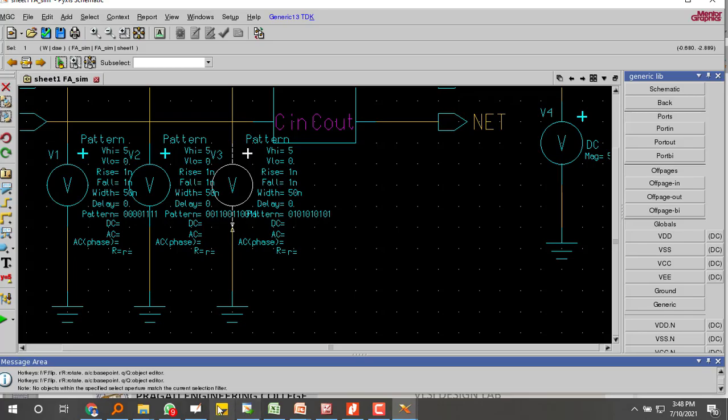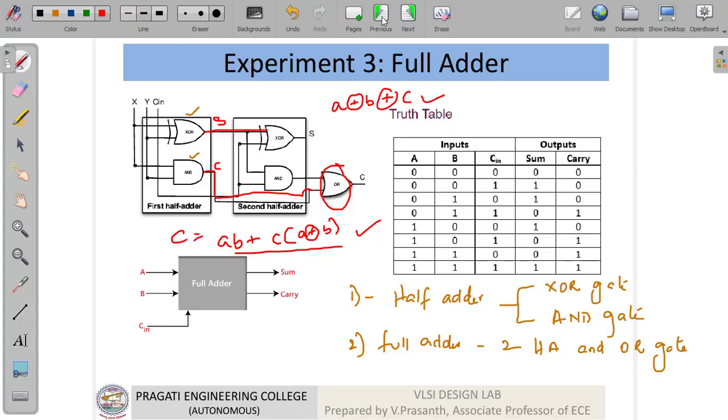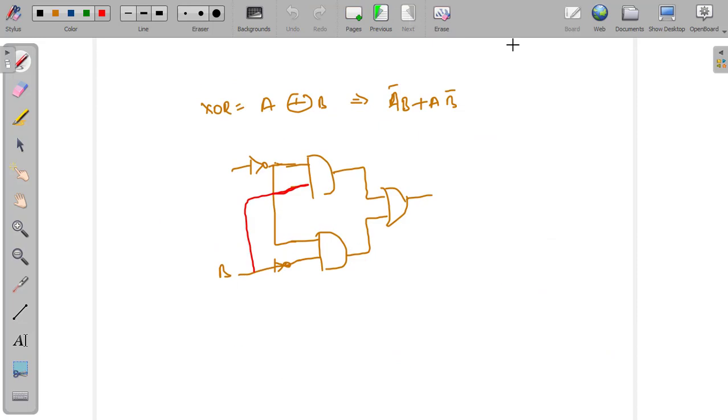Why I have given it in this pattern, I will be explaining. Please remember. See, if you take A, B, C: 0 0 0, 0 0 1, 0 1 0, 0 1 1, 1 0 0, 1 0 1, 1 1 0, 1 1 1.